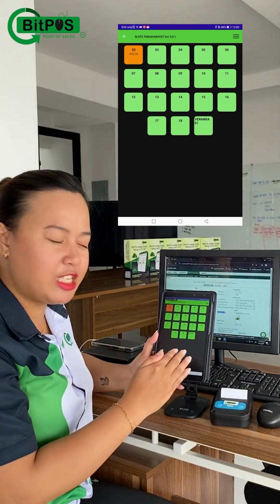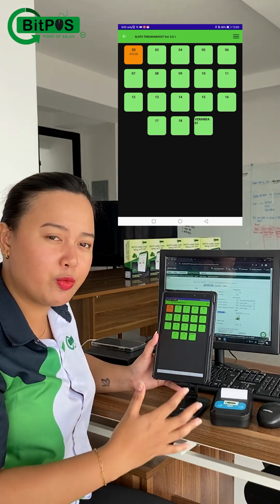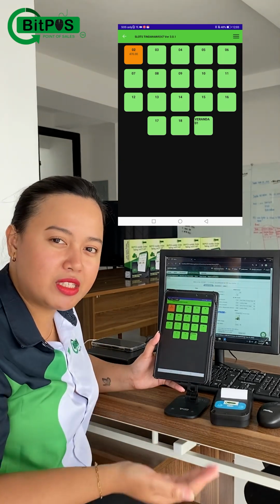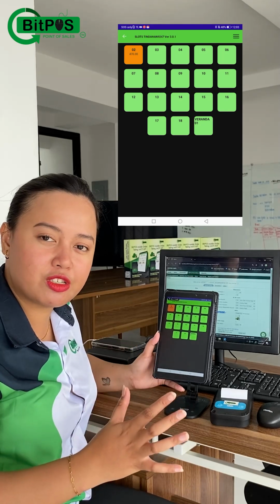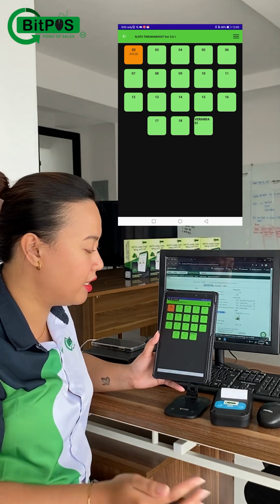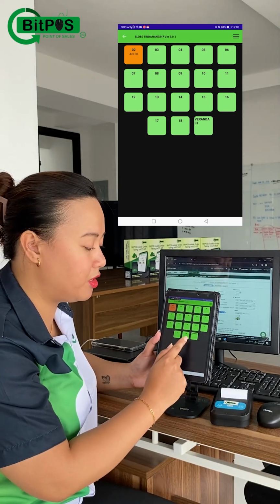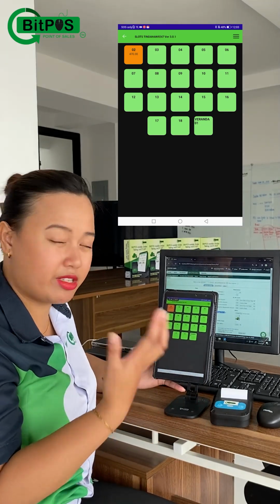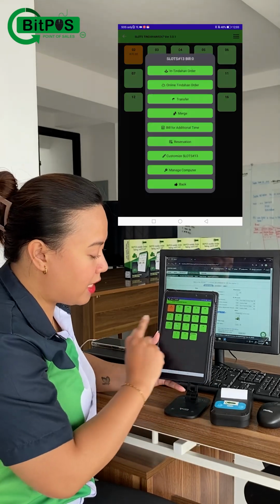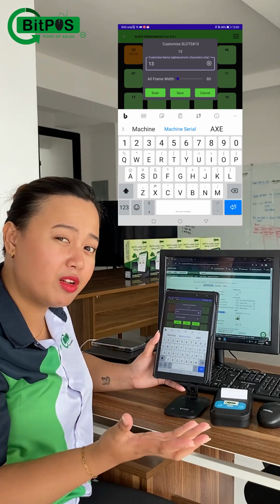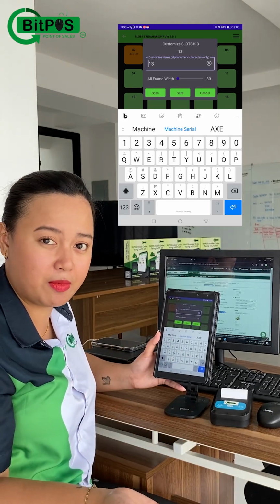And as you can see, I do have a tabular formatting here where you can see multiple tables. Here, I can create unlimited tables. There's no limitation on how many tables that we can create. And each and every table is customizable. So there is an example table here, Veranda01, which I customized the name. I can just tap on this one and then tap customize, where I can change the name of my table, depending on the setup inside my store.